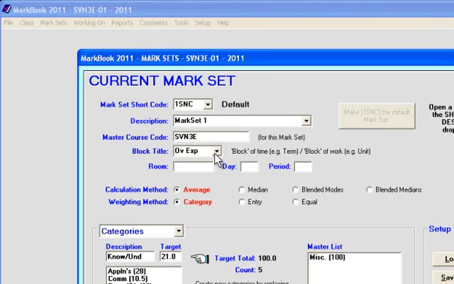Now actually you can open up this drop down menu and you can see there's a number of different block titles that they have made for you, but you can go ahead and make your own, and that's what I've done up here simply by clicking in that box and just begin typing it in. You are limited to a certain number of characters, so I've had to shorten it up, but this OVEXP is